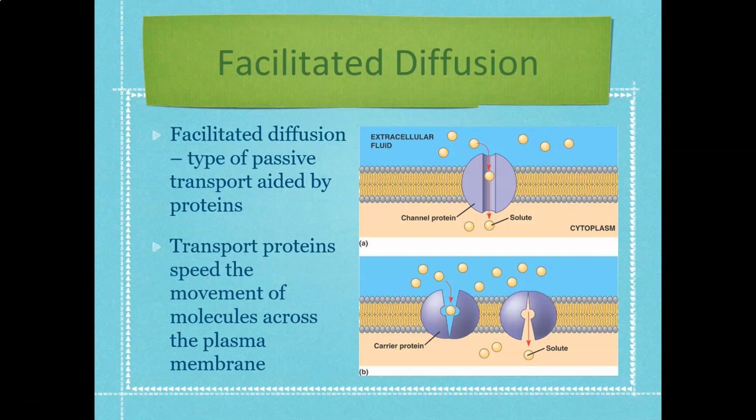And in order for anything to pass directly through those phospholipids, they need to be able to interact with them, which means they need to be nonpolar molecules. Oxygen, carbon dioxide, both nonpolar, so they just go straight through the membrane. Good, we're done. But there's a lot of molecules that your cells need to be able to move across that